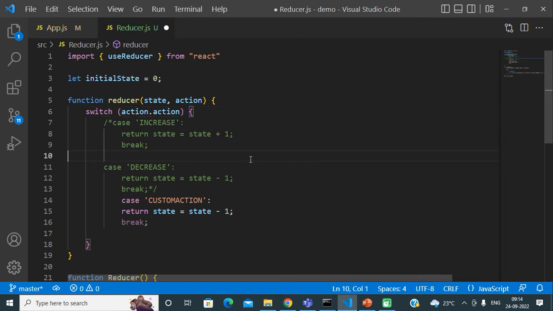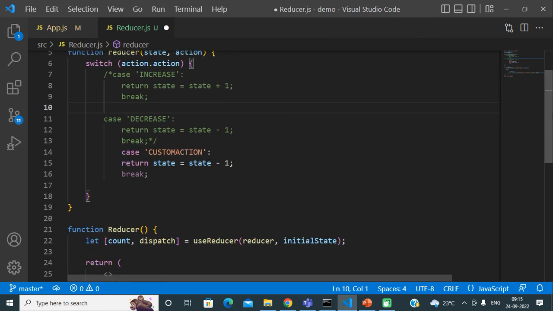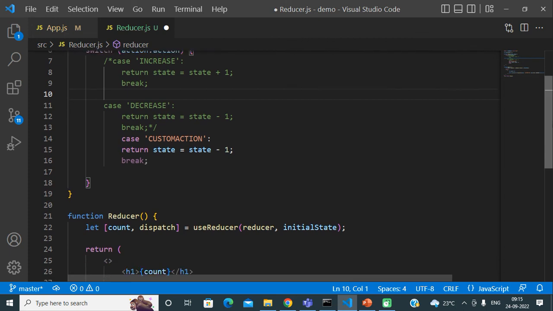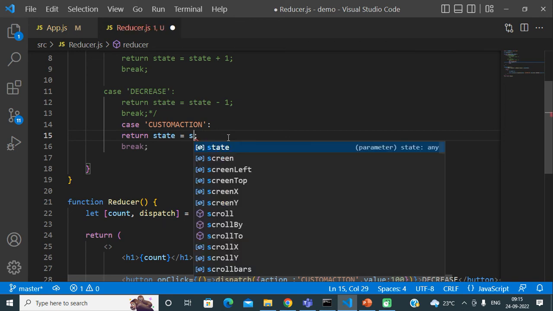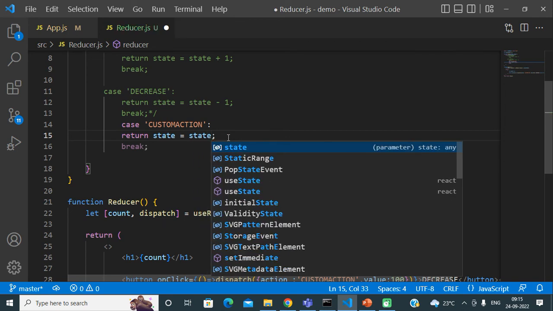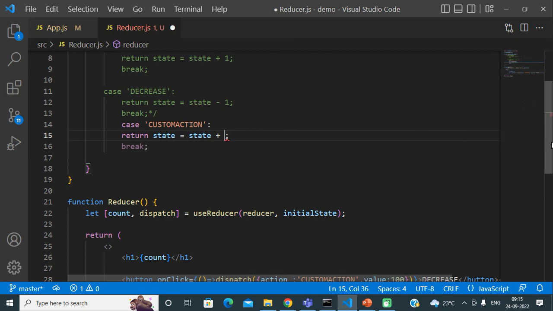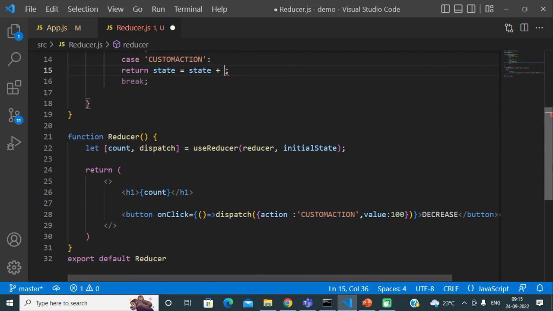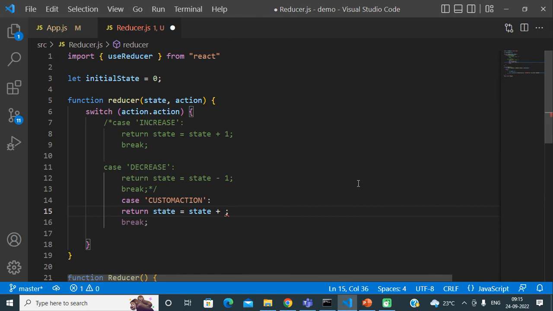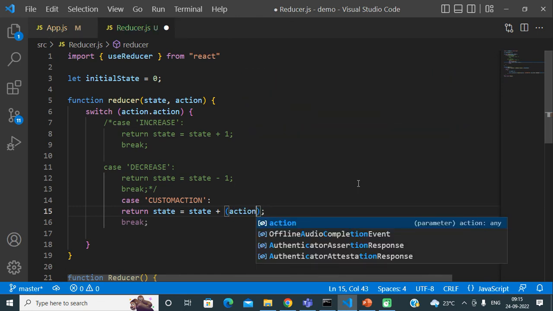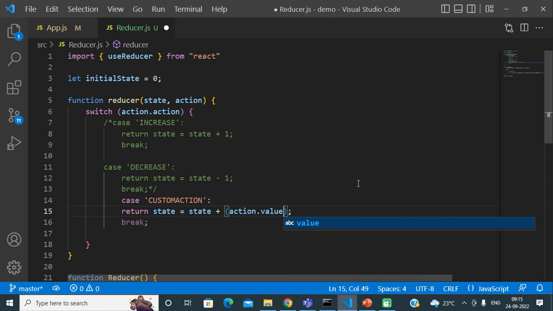This reducer function's switch statement will check which particular action is coming, and depending on that action we can update our state with our new value. So state plus the data, meaning whatever data is coming from our action. This time it can be action dot value.